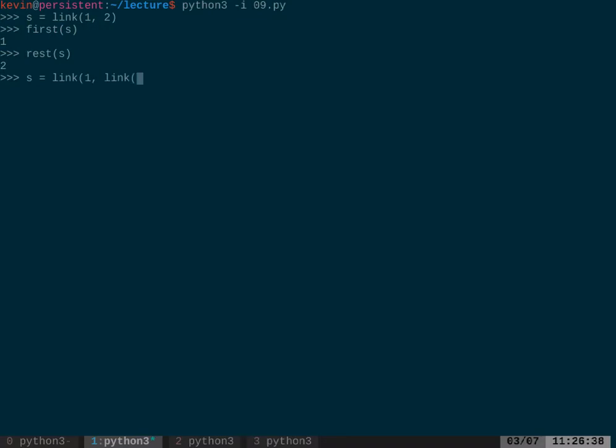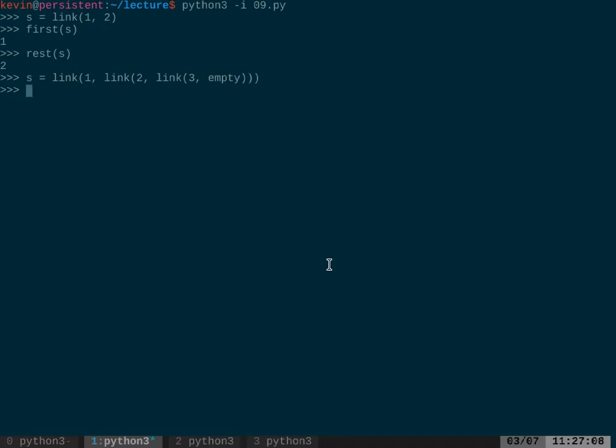Quick note about empty. Empty is not provided. It's only because we've written it in our code somewhere when I imported 09.py. All right. So now if I want to get some numbers from this list, I can say first of S should still be 1, because that's where I put the first. But now if I want to get the number 2, I need to do some composition of my function calls. I want to get the first of the rest of the list.